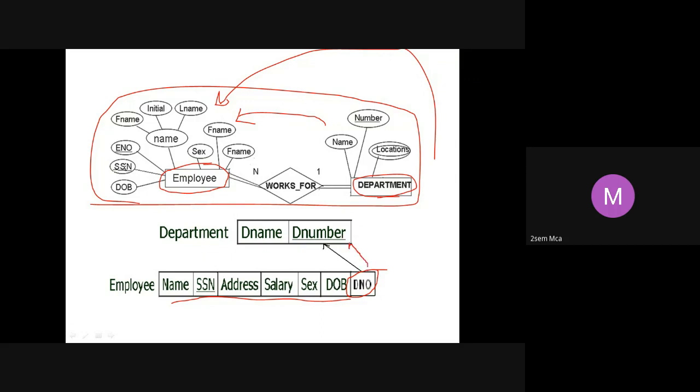The primary key of your department is brought as a foreign key in the employee, because employee is the n side of the relation. Are you getting me? Yes, ma'am. Find the n side of the relationship first. Of the 1 side and the n side, you have to find out which is which. Include the primary key of the one side of the relation as a foreign key in the n side of the relation. That's all. That is how you convert 1:n.